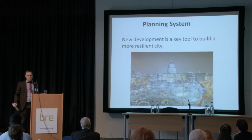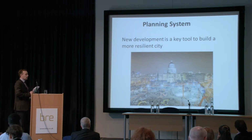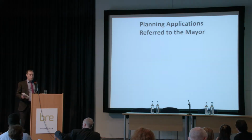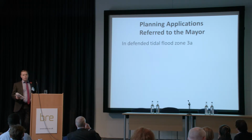As I mentioned, the planning system is another one of our tools in terms of resilience, and this is where we really link back into that population growth of up to 11 million people. Anyone who's been to London recently will notice there is quite a lot of building going on. It does present issues, obviously, but in my view, it's very much one of the key opportunities to actually build